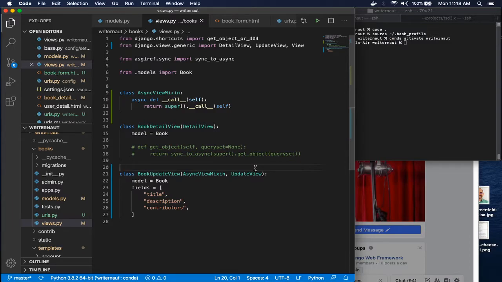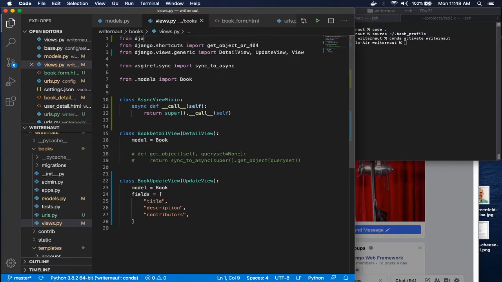All right, so let's get rid of this async view mixin. What I do want to do is make books, book update view and book detail view, so that you have to be authenticated to see them. So it's from django.contrib.auth.mixins import LoginRequiredMixin, and then if you don't know